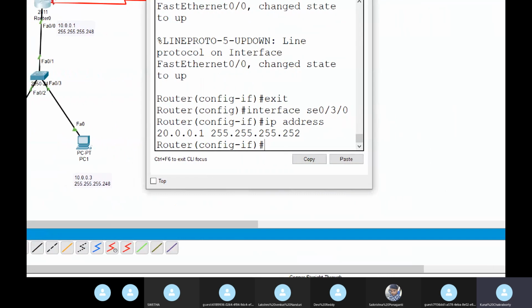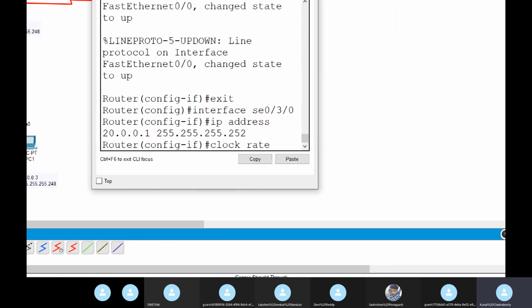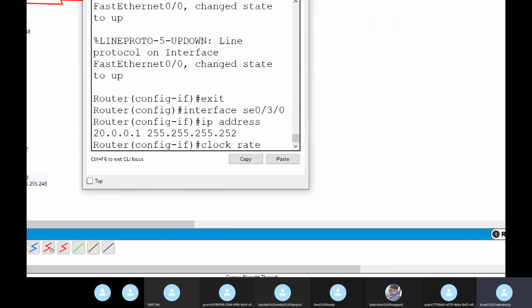Enter. Now here one more command will be added. When it comes to the serial DCE port, you need to assign a clock rate. Clock rate is nothing, it's bits per second. If it is straight through, it will be automatic.